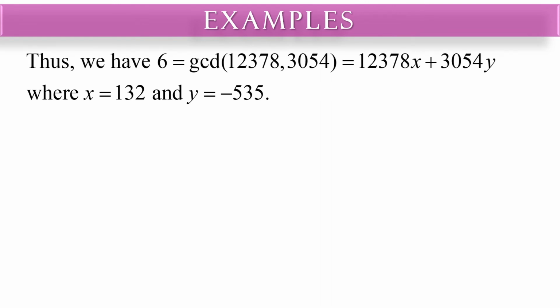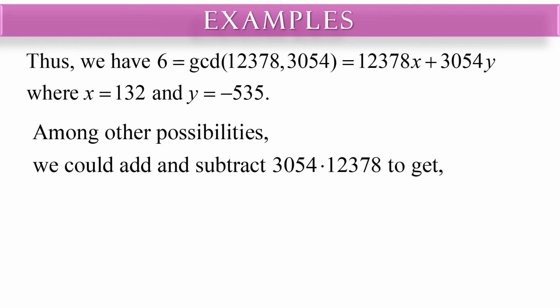Thus, we have 6 is equal to the GCD of 12,378 and 3,054, which is equal to 12,378x plus 3,054y, where x is equal to 132 and y is equal to negative 535. Note that this is not the only way to express the integer 6 as a linear combination of 12,378 and 3,054. Among other possibilities, we could add and subtract 3,054 and 12,378